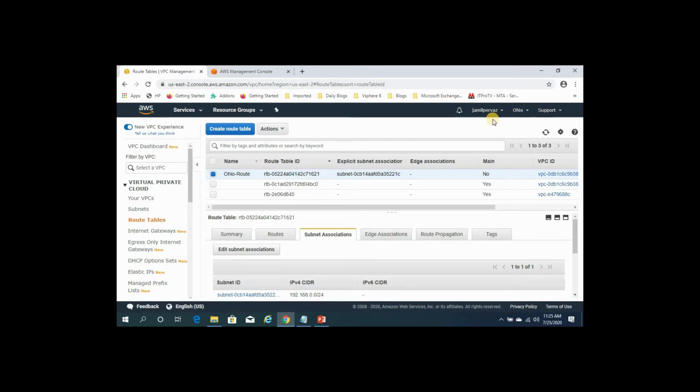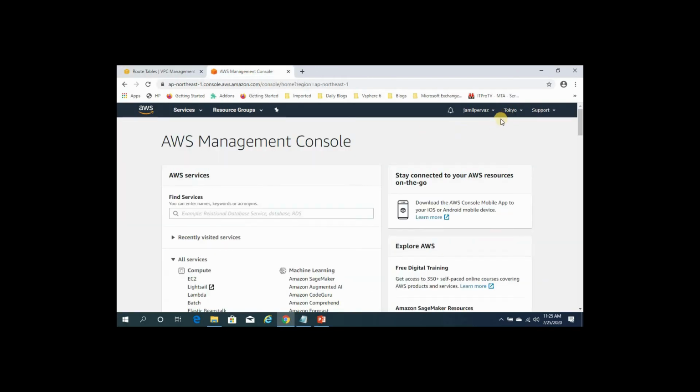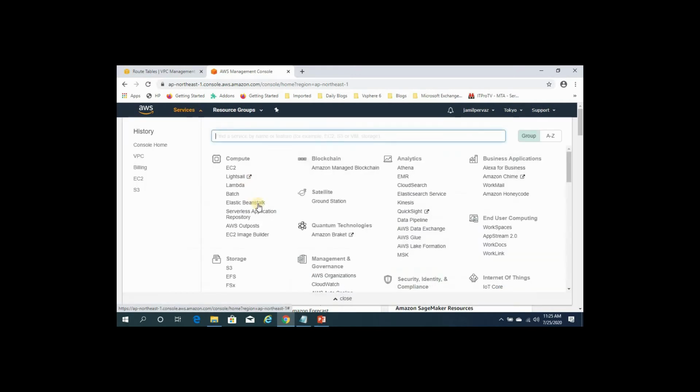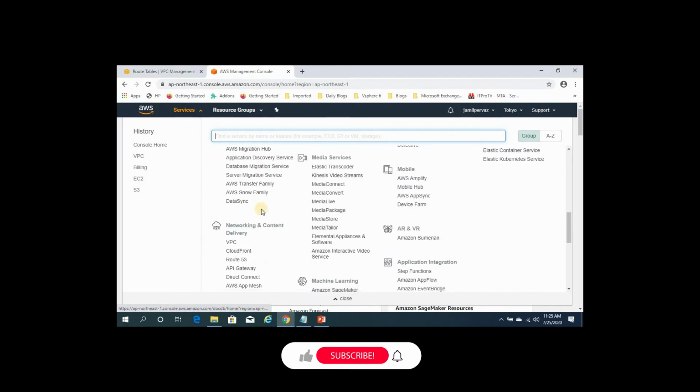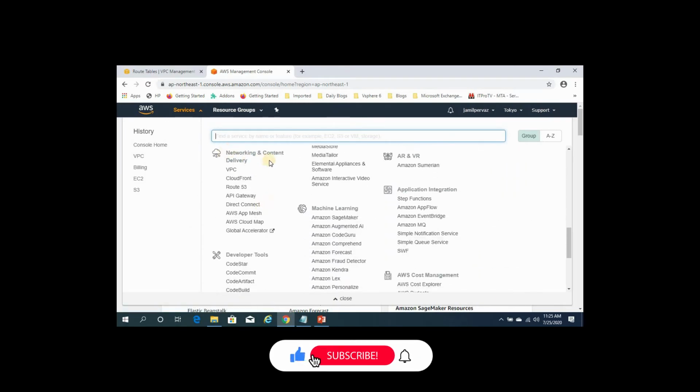Now we need to do the same thing in our other region, meaning the Tokyo region. Select services, scroll down, under networking and content delivery select VPC, or in the history you can choose VPC.